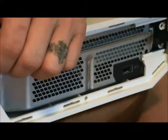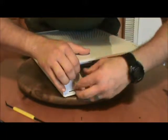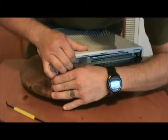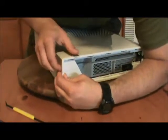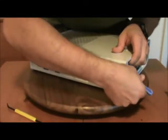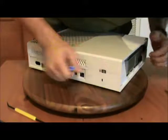Next, push fingers here. Here. And we're going to press on the bottom portion here. Top portion maybe. Yeah, sorry, top portion. And then we're going to continue with that pressure along the sides to try to gently coax it to open up, which this does not seem to want to do. The first time you open up the Xbox One, it'll be difficult. Every time after that, though, it gets easier. Well, it will be easier anyway, because...